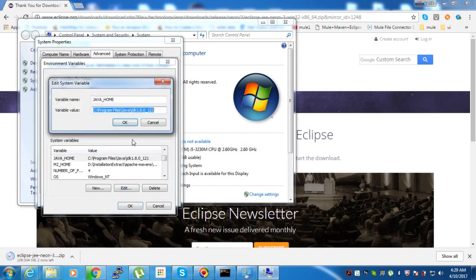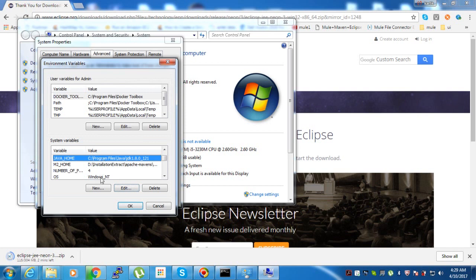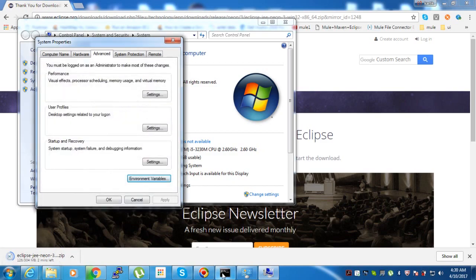Let me edit this. I'm copying this with Control C, and let me delete this variable first so that I can show you something. I have deleted this JAVA_HOME variable, and then I will close this command prompt.